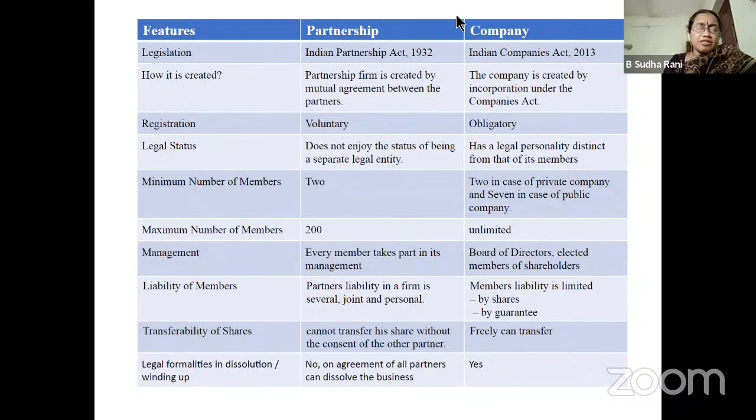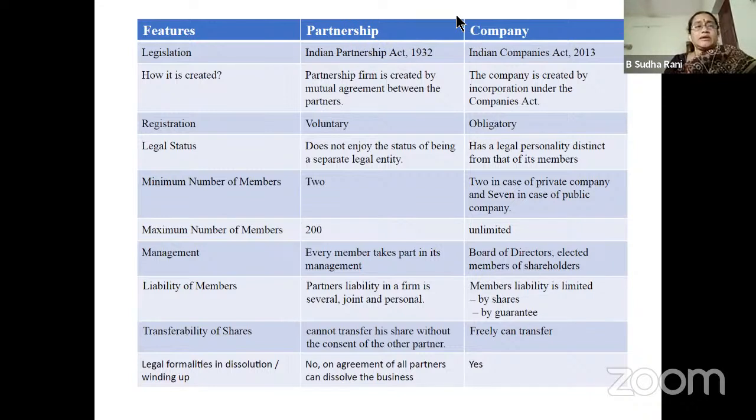The liability of partnership members is unlimited because it is their business, they enjoy the profits, they have to suffer any loss, not the public. So the liability of partnership firm members is unlimited. And you should also add joint: unlimited and joint. Why joint? Because if, due to one partner's act, the firm gets into losses, all other partners also become liable for such loss. It's not only that particular partner. So it is unlimited and joint.